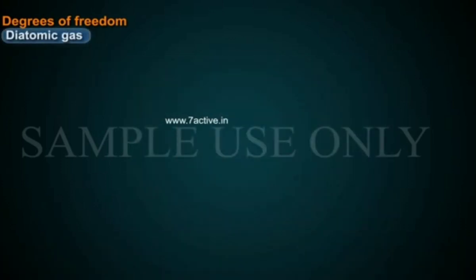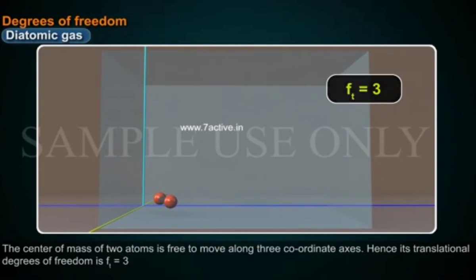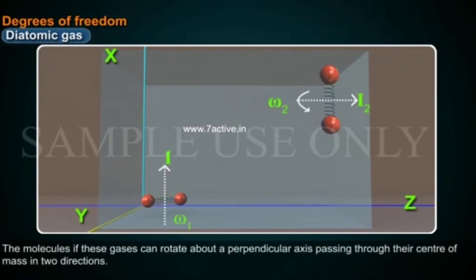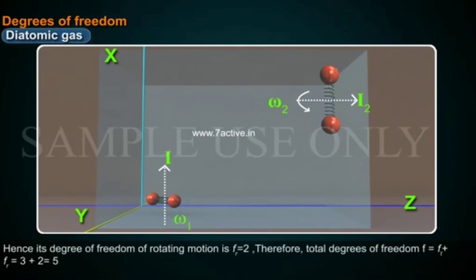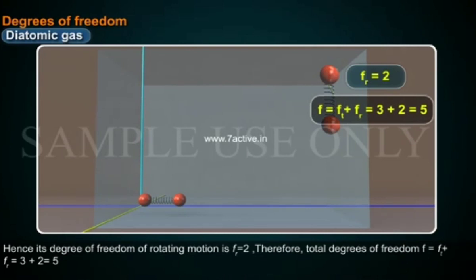Diatomic gas. The center of mass of 2 atoms is free to move along 3 coordinate axes. Hence, its translational degrees of freedom is Ft = 3. The molecules of these gases can rotate about a perpendicular axis passing through their center of mass in 2 directions. Hence, its degree of freedom of rotational motion is Fr = 2. Therefore, total degree of freedom F = Ft + Fr = 3 + 2